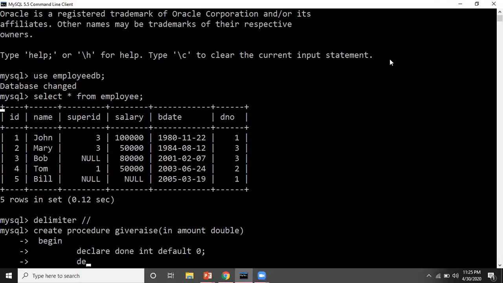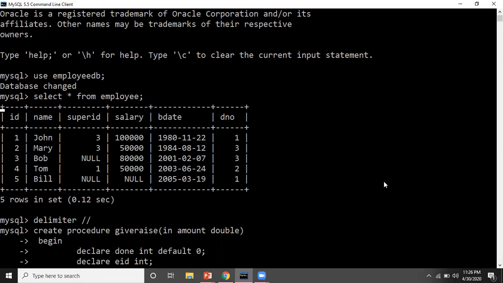Another variable to declare. We want to give a raise to the employees. Here, ID is a column which is the primary key. Everyone has a unique ID. So I'm creating one variable as EID, of integer type, because all the IDs are integers, to hold those IDs when we put the loop.